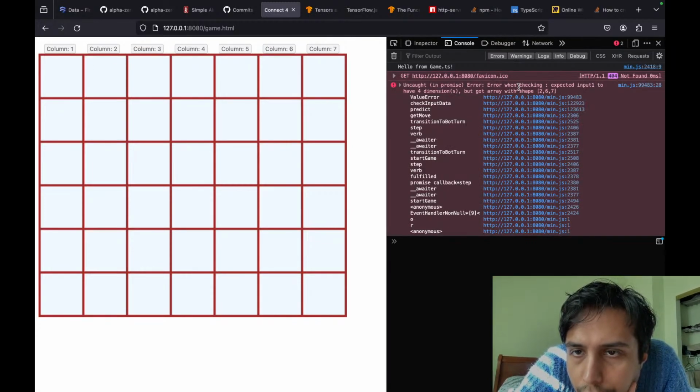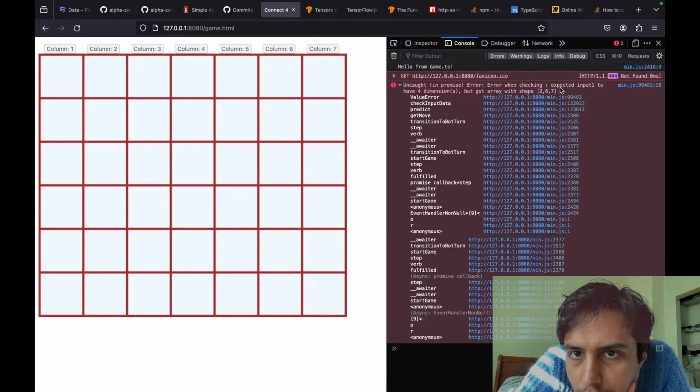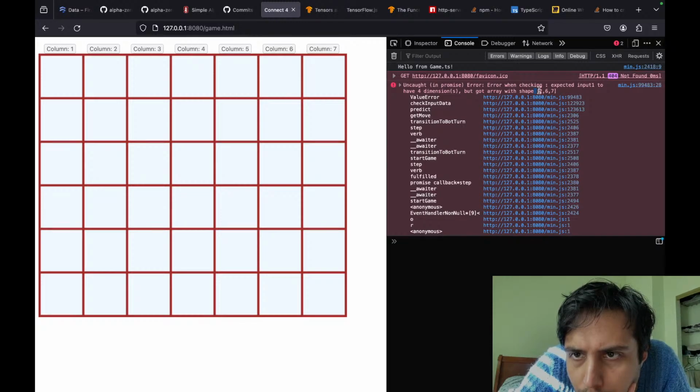Uncaught error. Got array with shape 26, expected the input to have four dimensions. Oh, I think you need maybe a wrapper around it, right?